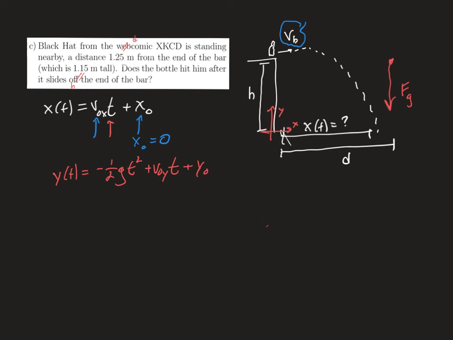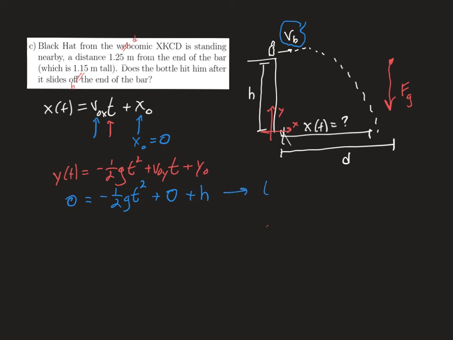And notice I've put the minus g as the acceleration in the y direction already, so I'm using the projectile motion kinematic equations instead of the more general ones. But I can rewrite this equation, putting in all the stuff that I know, just to make sure that it's what I want to use. My final height, I'm going to take that to be 0 because that's after it lands. I get the minus 1/2 g t squared part. There's no initial velocity in the y direction because it's moving exactly horizontally. And then the initial height is h. So it's just a matter of solving this equation,